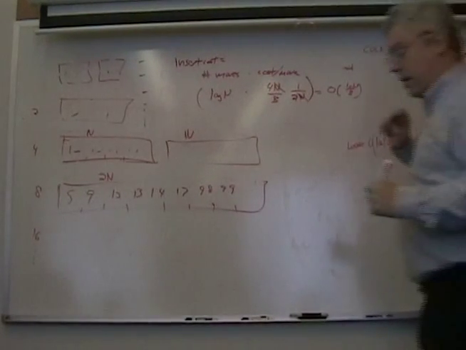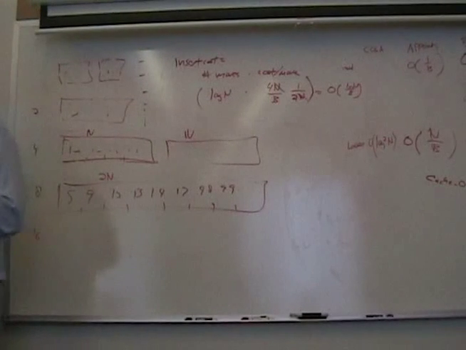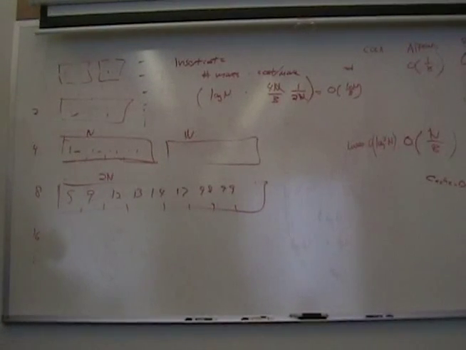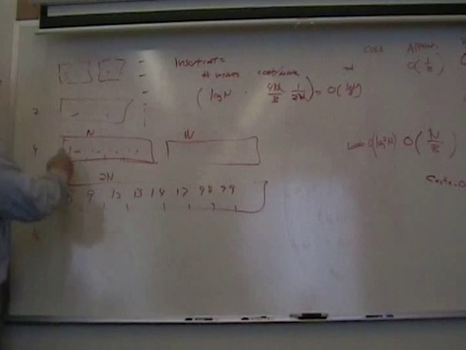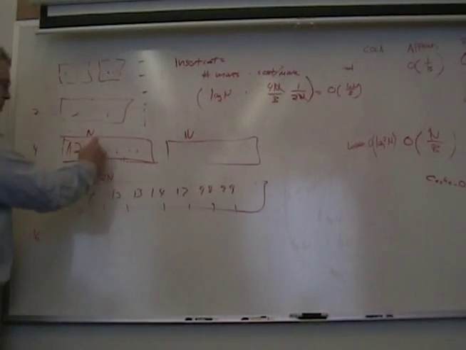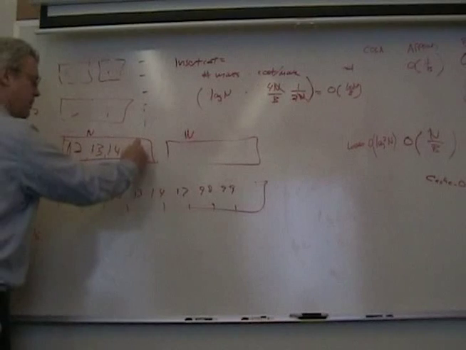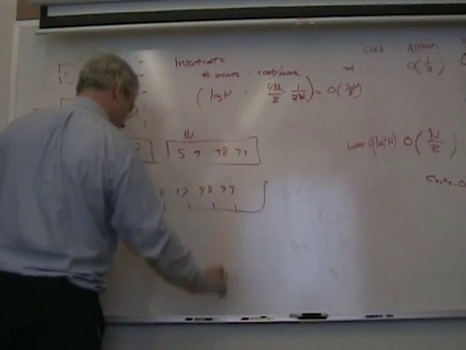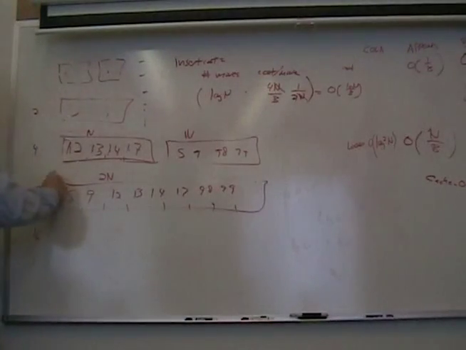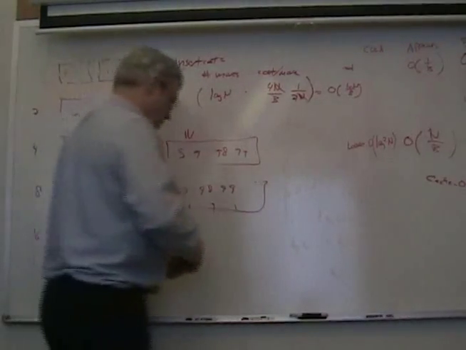And now let me go ahead and give you the hint of how to de-amortize it. It's not hard. I want to make it so that the worst case is like the average case. What if, when I was going to merge these two things, I just left this around? So I've got 12 and 13 and 14 and 17 and 5 and 9 and 98 and 99. And if I were to put a little star on here that says this one isn't ready,